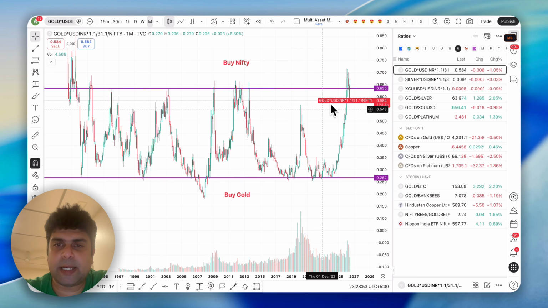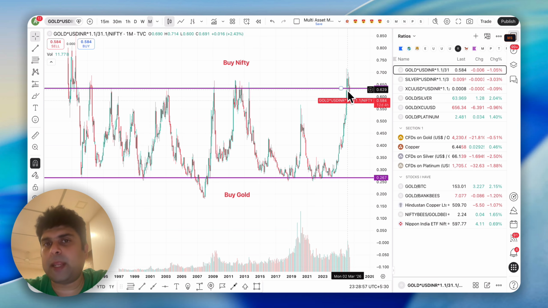So what it's basically telling you is, if you are on this side, it means that Nifty will take over in terms of going up, which means that if Nifty has to go up, then Nifty will go up faster than gold. And if it is to go down, Nifty would drop slower than gold, even if both the assets were supposed to go down, right? That's the difference. It means that no matter what happens, you will end up losing in gold when you are on this side. But if you were on this side, no matter what happens, you would lose out on Nifty.